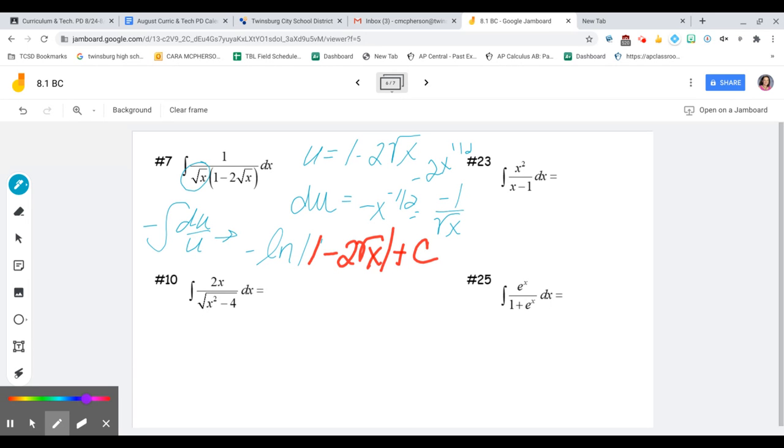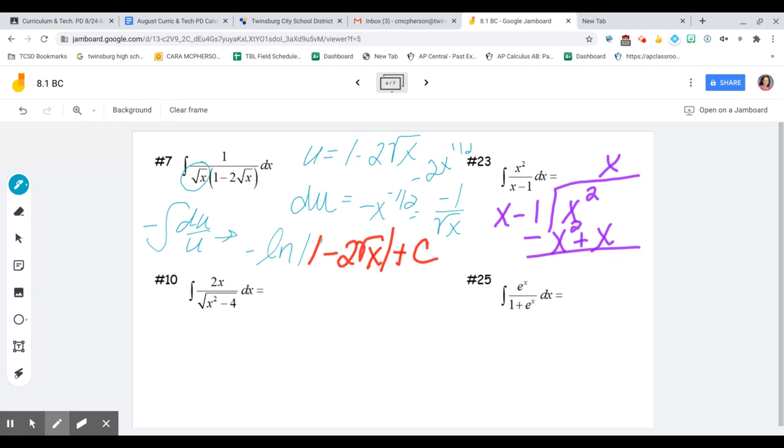All right, so next one can be done a couple ways. Probably the easiest way is to do a long division, and it's a really short long division. That sounds so strange, short long division. I want to divide x squared by x minus 1. X squared divided by x is x. Multiply, I get x squared minus x. Subtract, and when I subtract, I have a positive x,